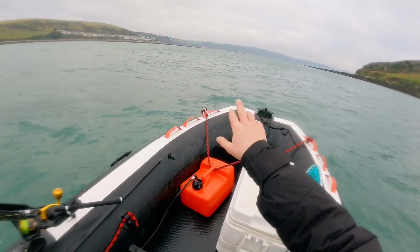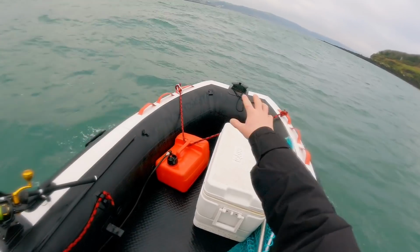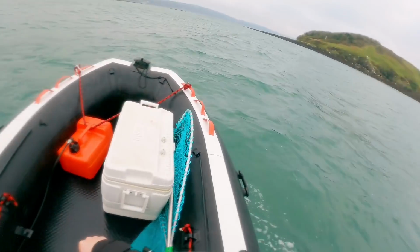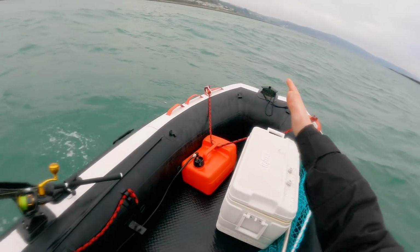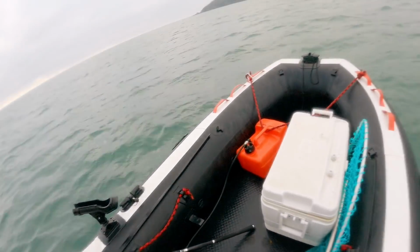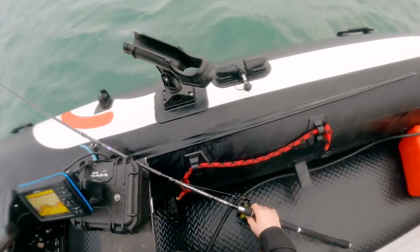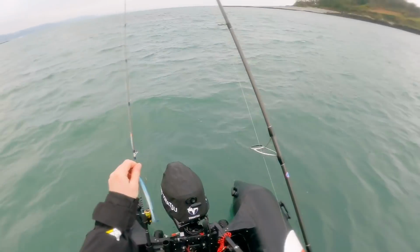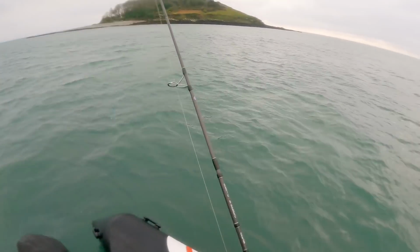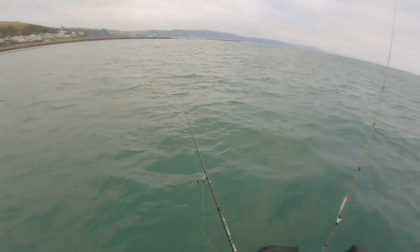You can see that there's some reef over there. Well, I hope you can anyway. And you've got a sort of sandy, patchy reef all around here. Tide pushes through. Well, as you can see, it's come in a bit now. We're only in 3.5 meters of water, mind, but there's a lovely bit of wind pushing us through this gap here. I'm going to try that crazy paddle tail,